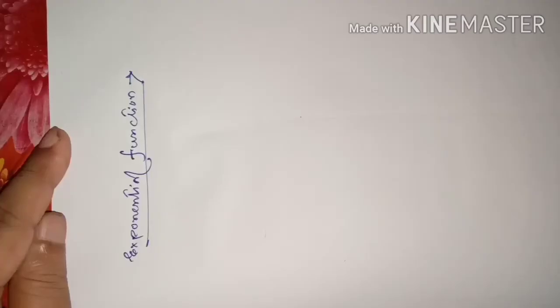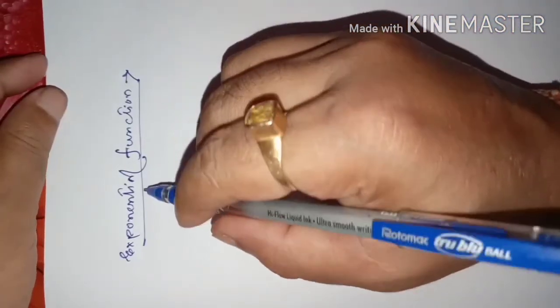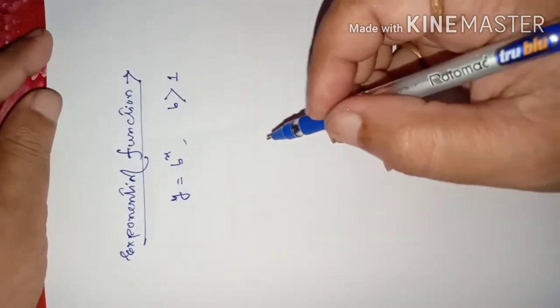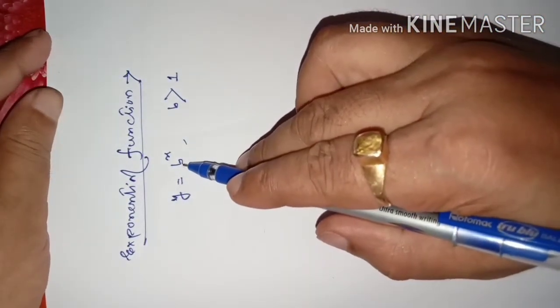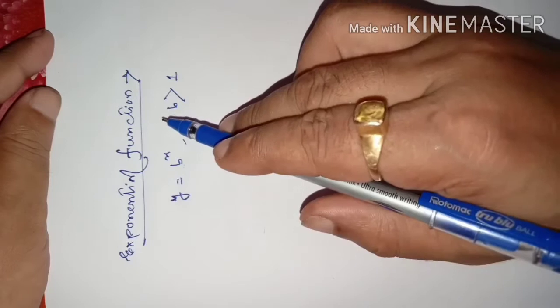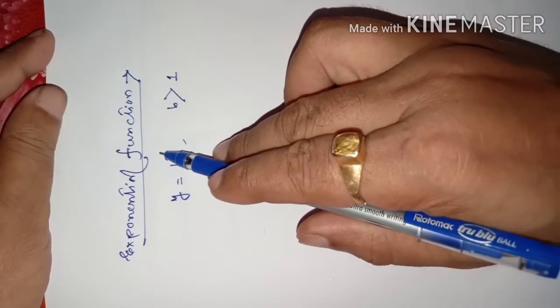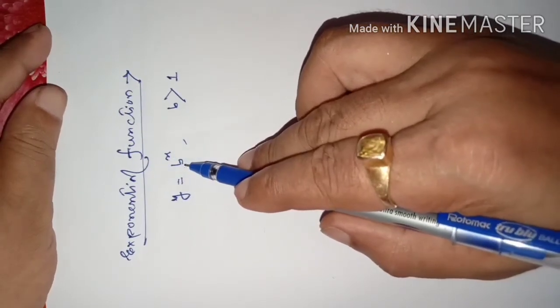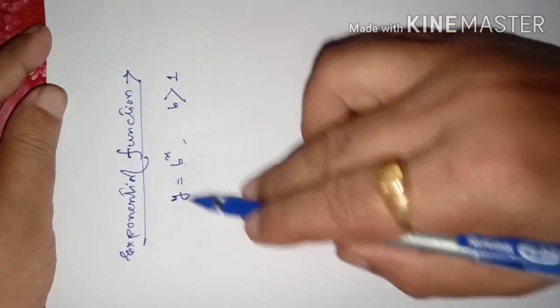So dear students, after this whole discussion, we are coming to a new point, that is we have the exponential function y equal to b to the power of x, provided this b is greater than unity, meaning greater than 1. Whatever the base you take, that should be greater than 1. And this x can be any real number. Whatever the exponent, any real number you take, since the base is positive, this result also will be a positive real number only.